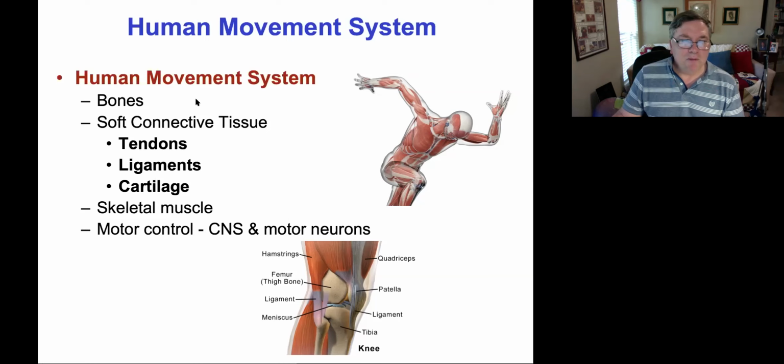So here's the human movement system. What we're going to be doing is breaking the human movement system apart and talking about each individual component. But to get there, we have to understand mechanical or material properties first. And we'll also have a lot of applications relating to prosthetics and design of everything from chairs to sports equipment,